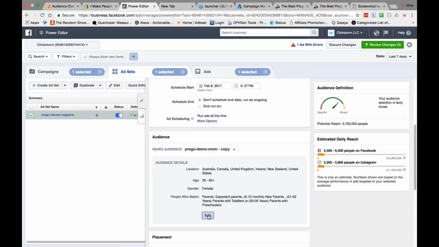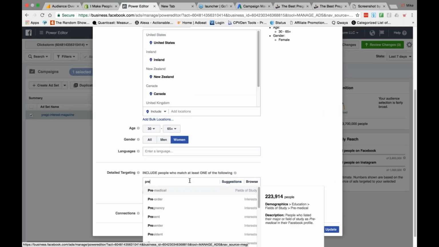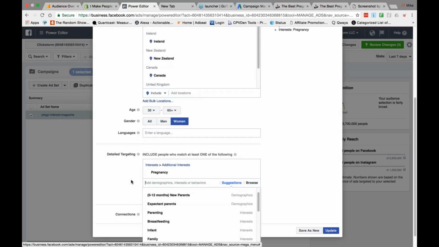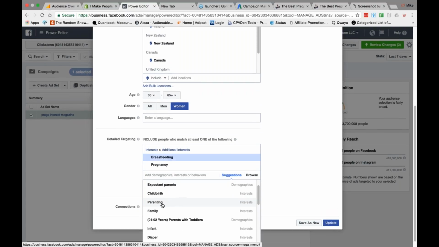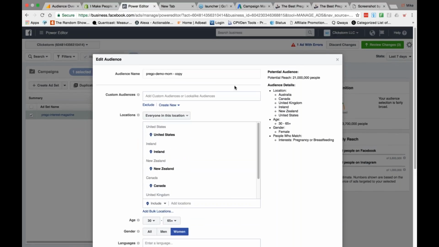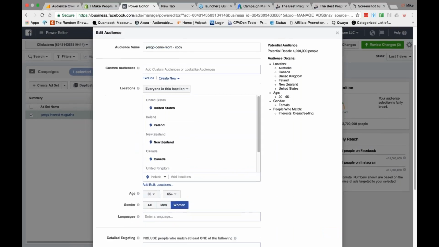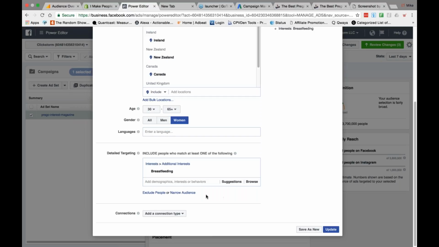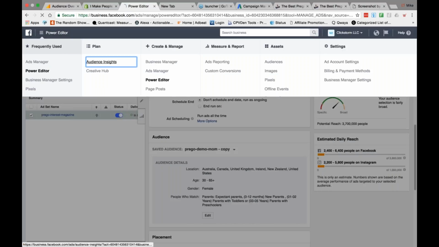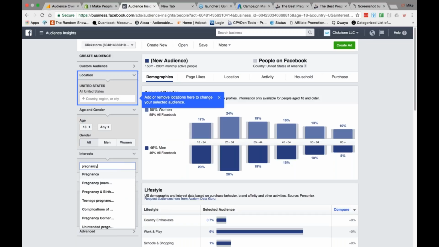And let's see, we could probably do this one more time if we want to get crazy here. So let's go back, delete all this. And see, what else could we... Oh, breastfeeding. You know what I usually do is I go to audience insights, and then I check the interest that has the most affinity to the audience that we are trying to target, and then Facebook is going to give you what other affinities. So for people who are new moms, for example, pregnancy or whatever,